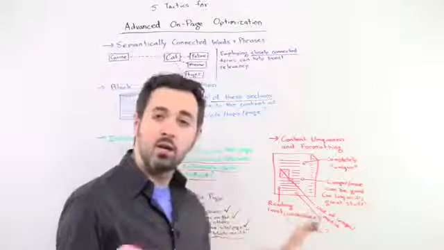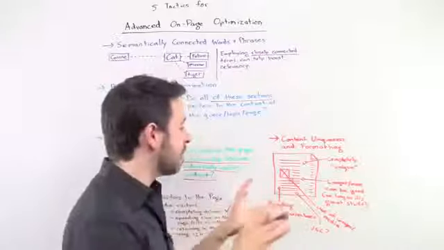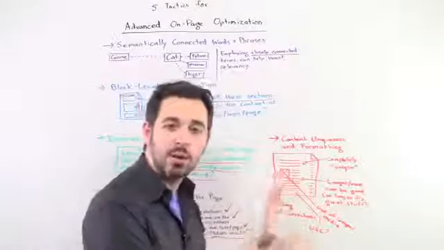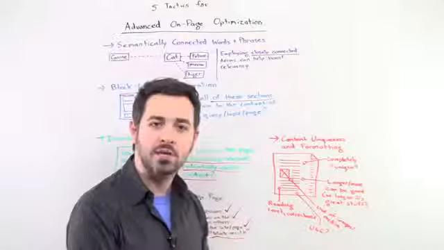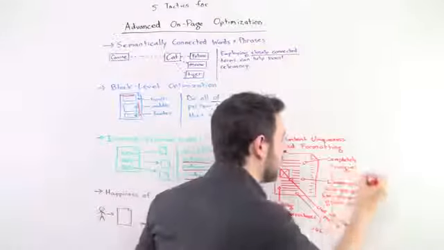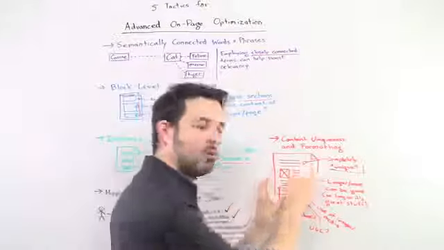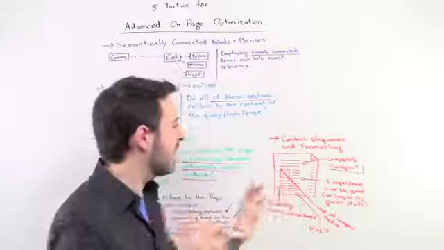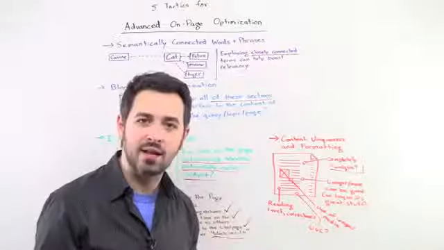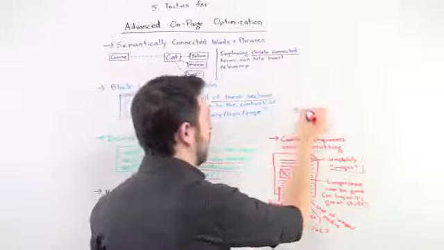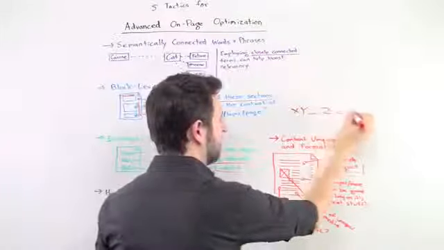But what you may not know is that there's a bunch of tactics that you can apply in an advanced on-page optimization scenario that can help. So things like completely unique. When I say completely unique, what I mean is not that you can't quote someone in here, but just that what you can't have is a sort of Mad Lib style SEO where you've got X, Y, blank, Z, blank,